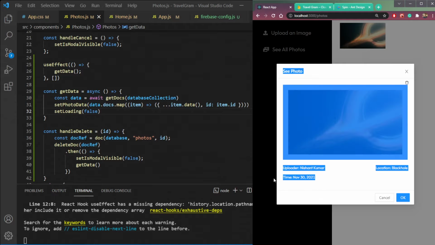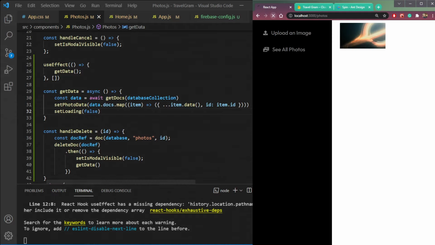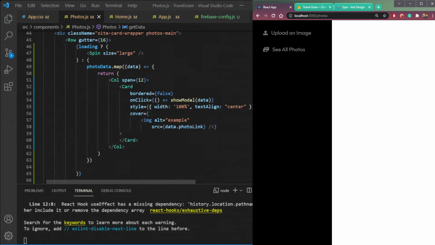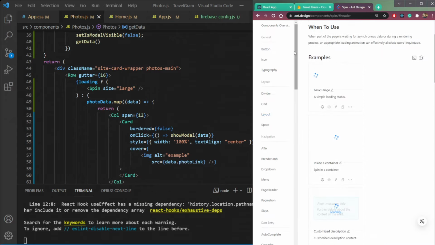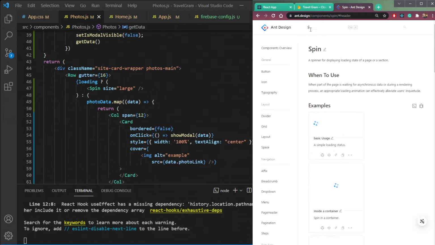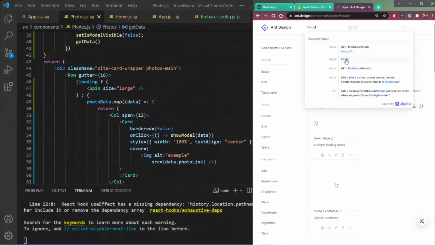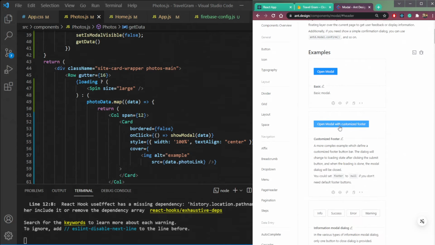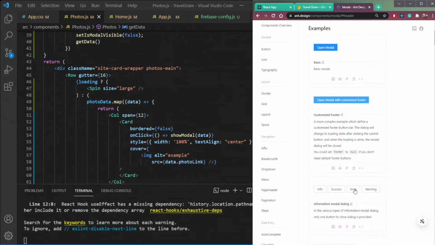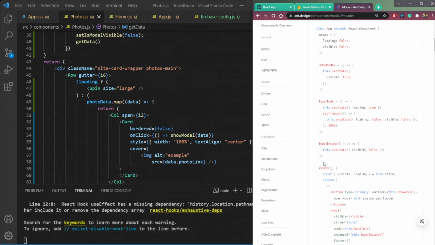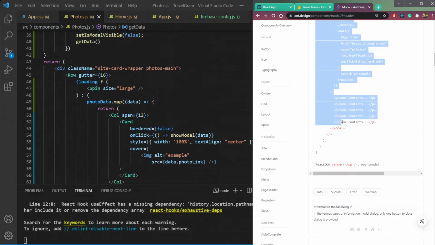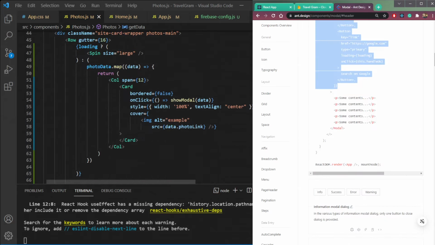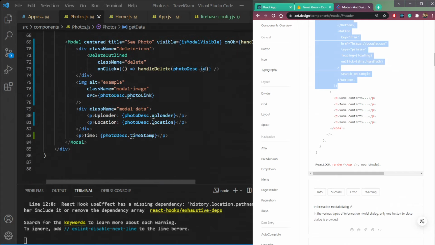Uploader, location and the time. Okay, in this modal we only need one button which is called OK or cancel. So if we just find the modal here again, customize footer, we need this footer. So copy this footer array and put it inside this modal here.